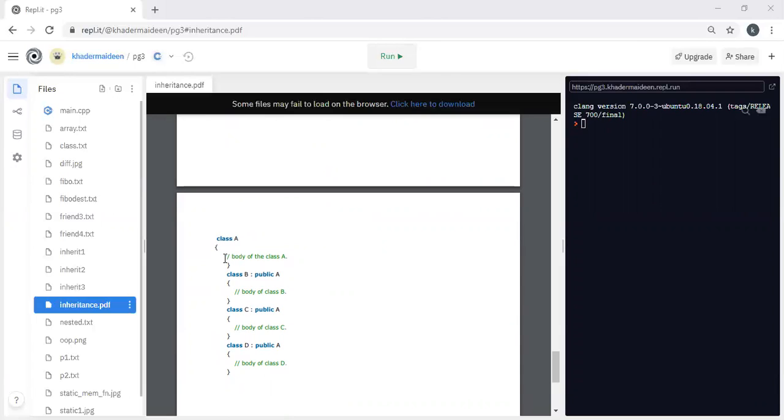Class A, the base class, so the body of the base class.